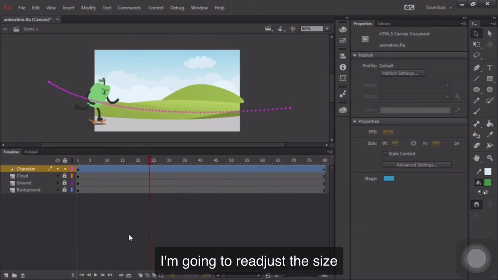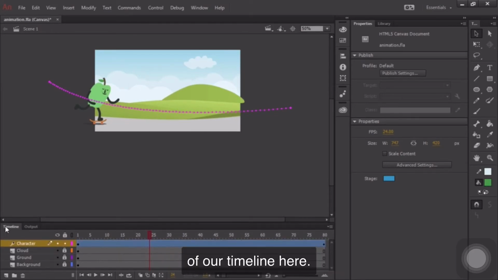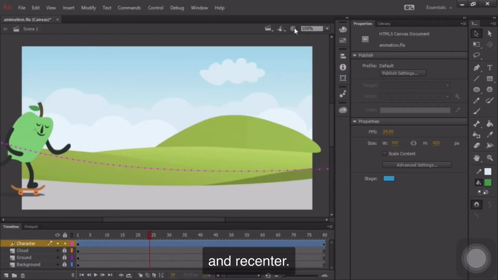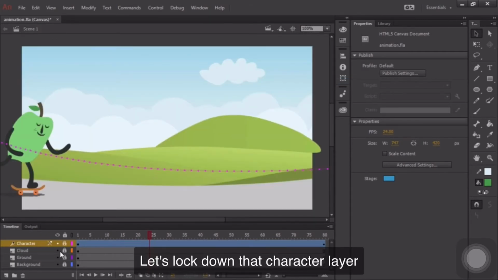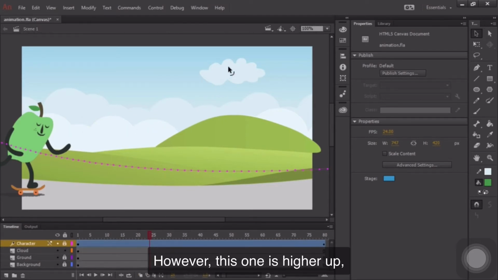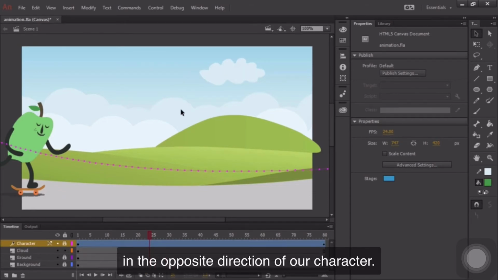back into the layer. I'm going to readjust the size of our timeline here. I'll change our view back to 100% and recenter. Let's lock down that character layer and unlock our cloud layer. These clouds are stationary, they're low to the ground. However, this one is higher up, and I'm going to have it move slightly across the sky in the opposite